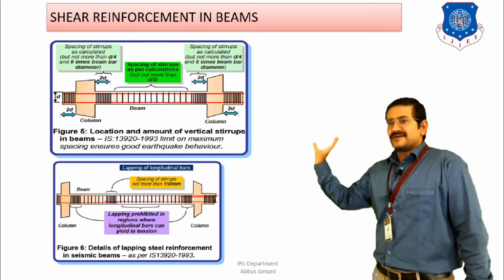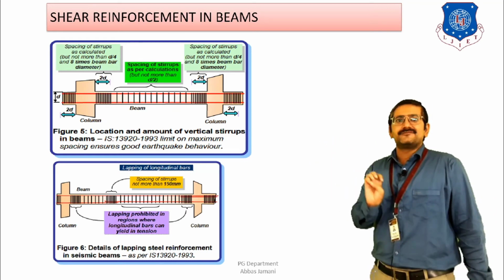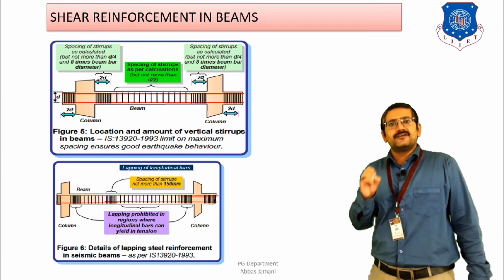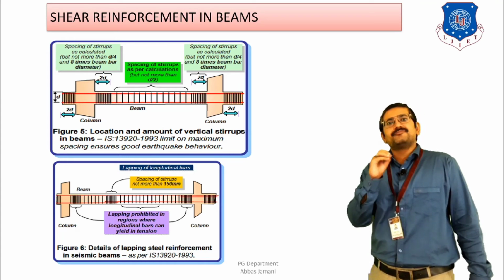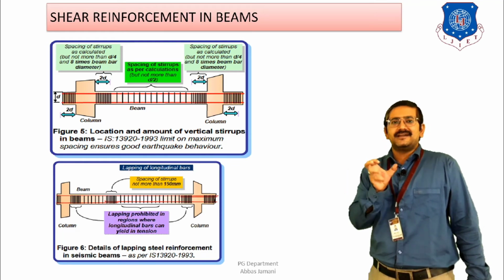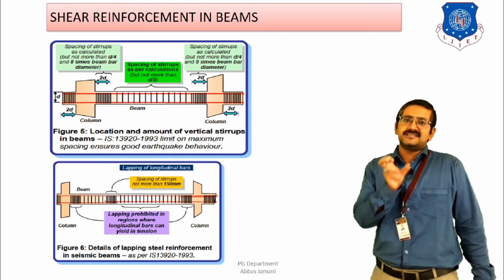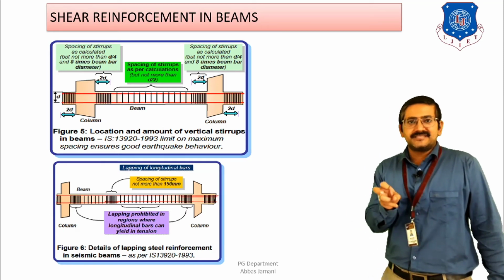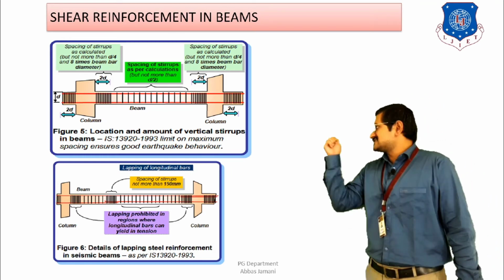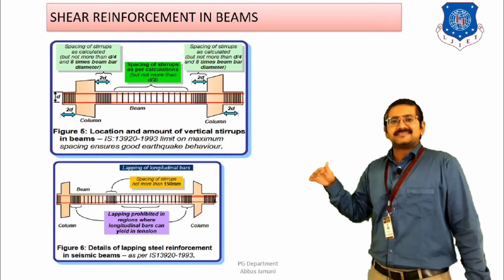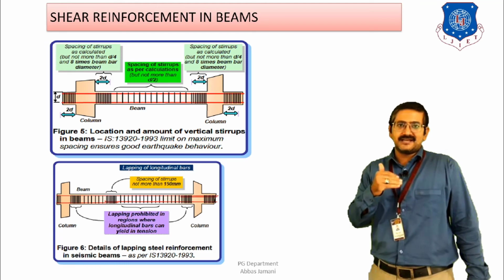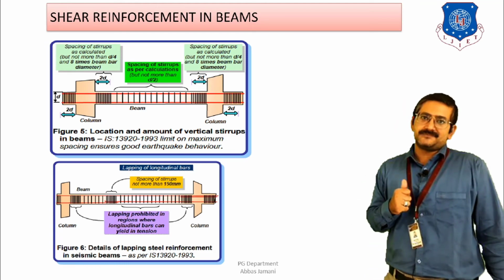And if I am going to provide stirrups in the center portion, where the shear reinforcement requirement is going to be less, why? Because the central portion of the beam is going to have the minimum shear force value, and the possibility of a point of zero shear is also likely to be there. As a result, the code suggests that in that particular region the spacing of stirrups can be increased, and that spacing has to be in the range of d by 2. That is, at the support we have a spacing of d by 4, so exactly double spacing is to be considered for the remaining span in the beam, right? So these are the guidelines for shear reinforcement as per IS 13920.